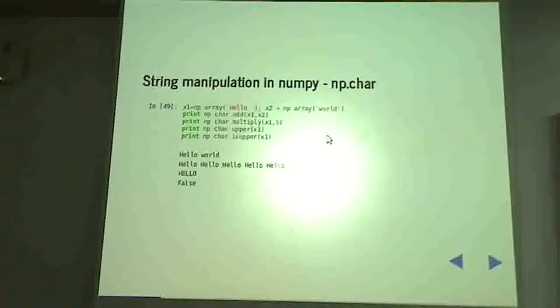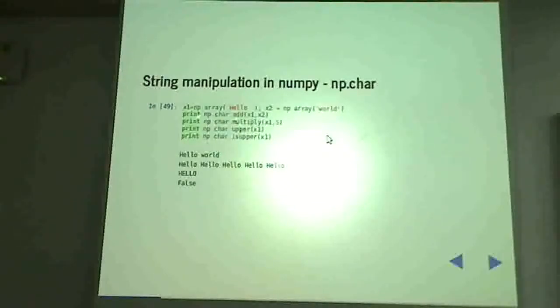Now string manipulation. So this is with numbers. We were dealing so far with numbers as the elements of the array, but you can also work with strings. So I took a string and converted it into a NumPy array with data type string. In this case, x1 and x2 are also NumPy arrays. Earlier the NumPy arrays would have a data type of integer. Now these would have a data type of string.